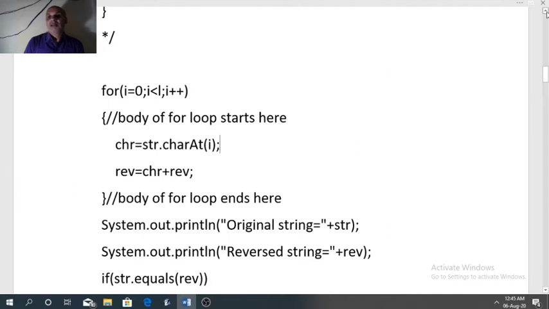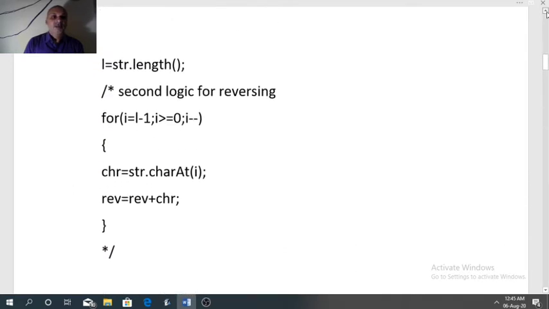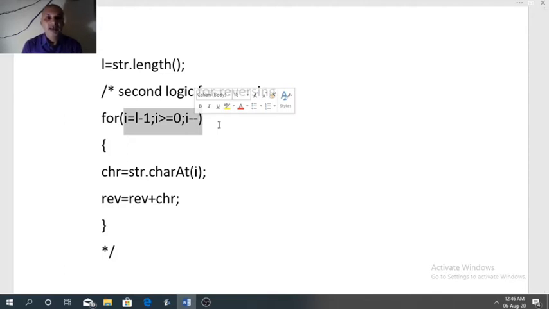And the second logic is: I starts with L minus 1, I goes up to 0 and I minus minus. Here also we are extracting the index of each character, but first we are extracting the last index. So reverse loop we are using.